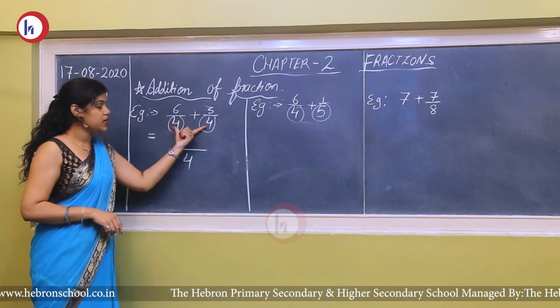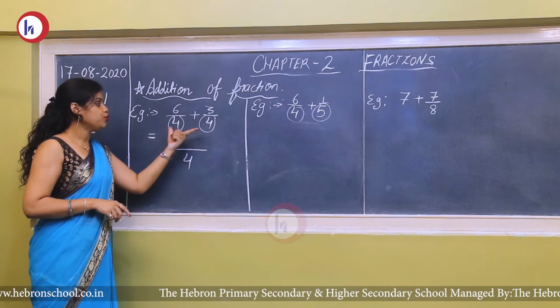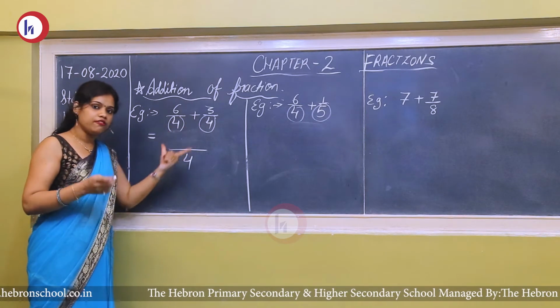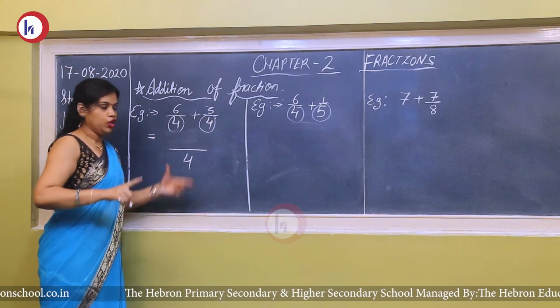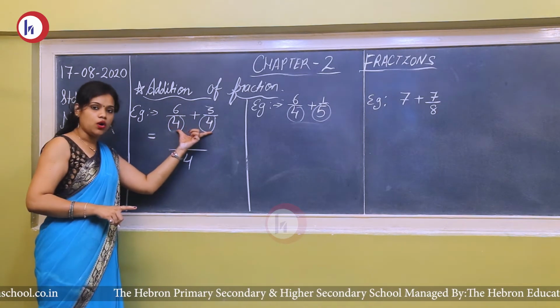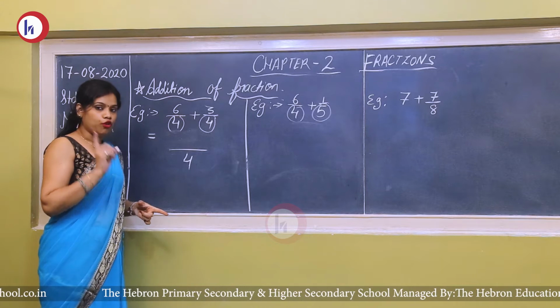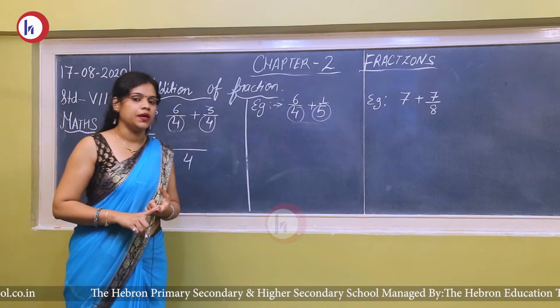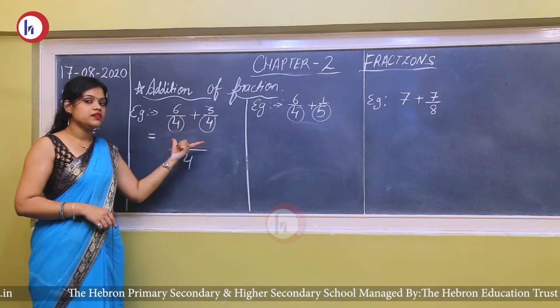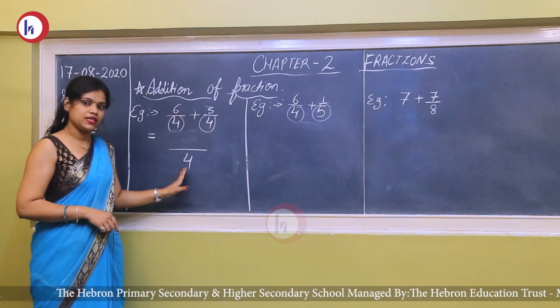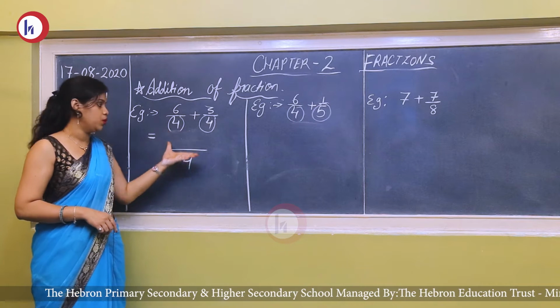As for the denominators, we take LCM, and if you take the LCM of 4 and 4, you will get 4 only. So that's why we write 4 one time. You don't have to add the denominators. Keep that in mind. For denominators we take LCM, but when the denominators are equal, or the fractions are like fractions, we don't need to take out the LCM. As we know, we will get the same number only.